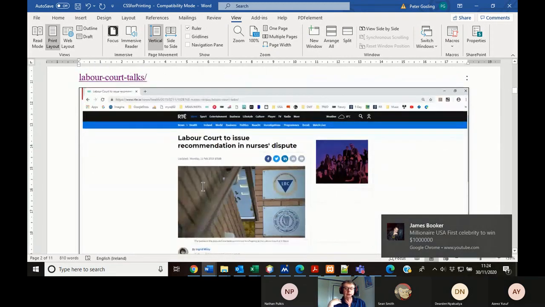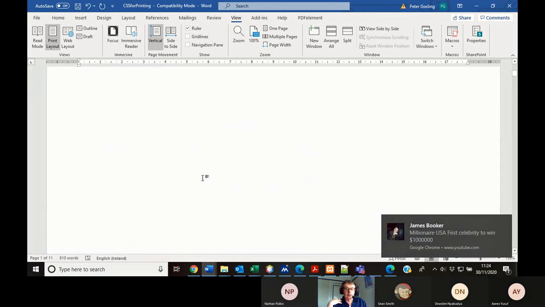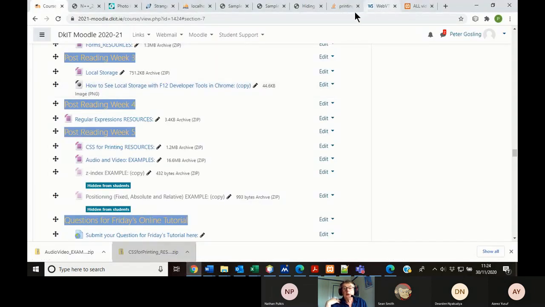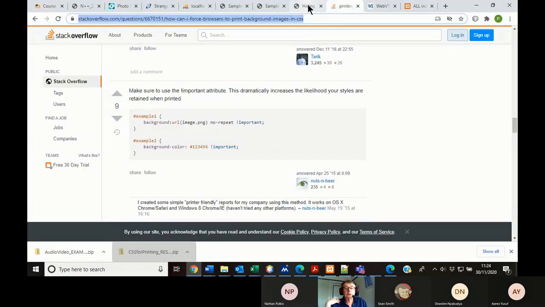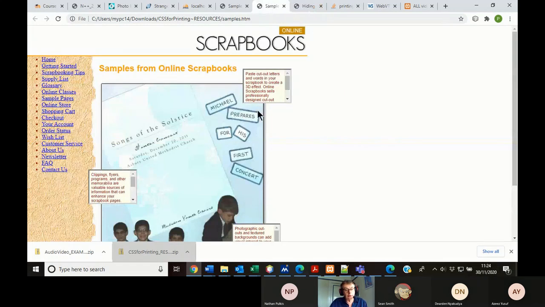The example that has been given, if we look at the website in the resources, samples.html, we've got an example here. We've got an image and some stuff being displayed on top of the image. Okay, here, here, and here. We'll also see that these text boxes don't contain all of the text because we're using the scroll feature here. While that's lovely and very interactive for looking at on the display view,